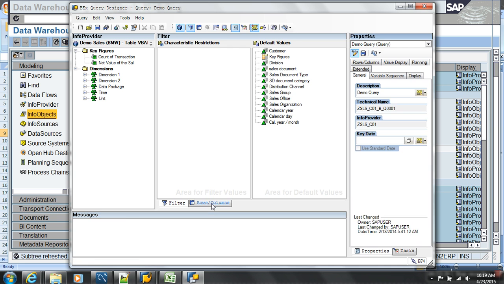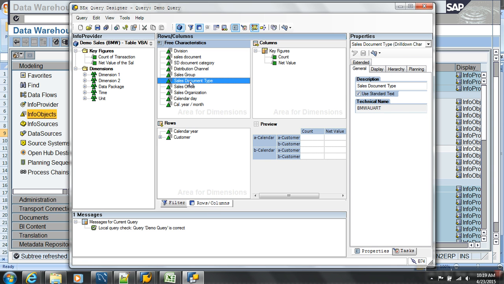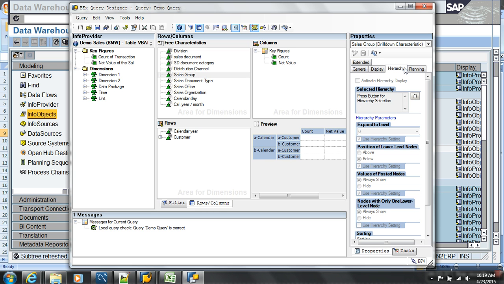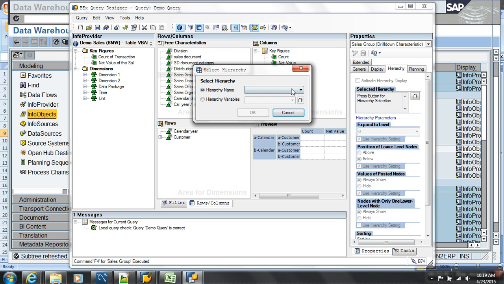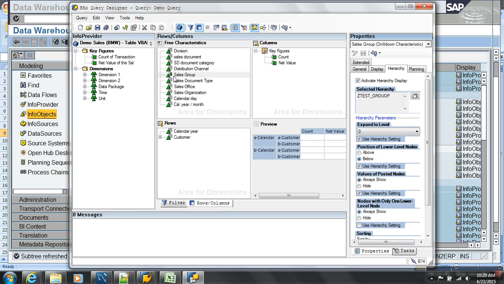I'm opening that query. I'll say for sales group, right? For sales group, I'll say display. Okay. I want to see with what hierarchy? Which hierarchy it is? Z test. This hierarchy name you created. So I'll say show this. You see a small tree here. So whenever you show sales group, show it with hierarchy and